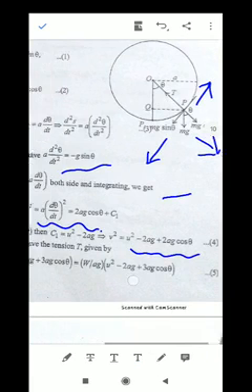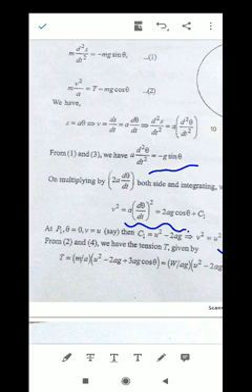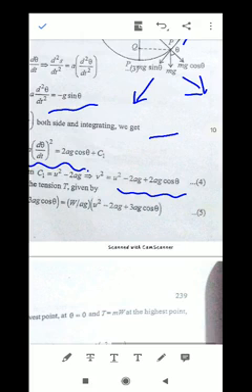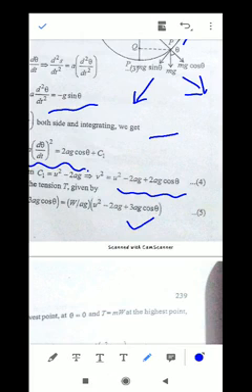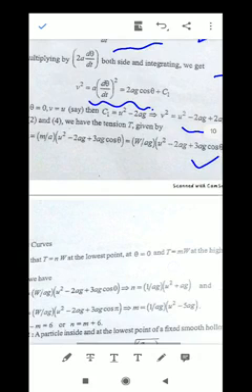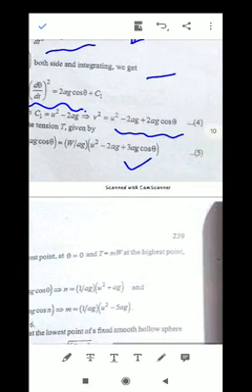Now from equations 2 and 4 the tension is given by putting the value of v square. So we have T as given by equation 5. Now the tension at the lowest point is T equal to nW, that is obtained by putting theta equal to 0, and the tension at the highest point is T equal to mW, that can be obtained by putting theta equal to 180 degrees.